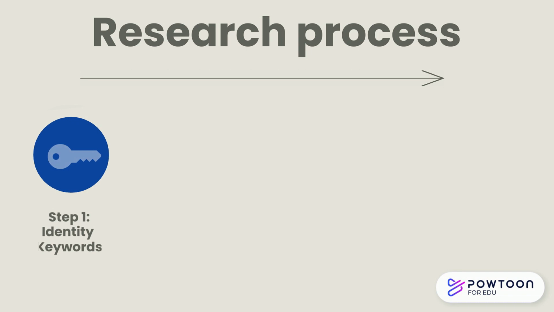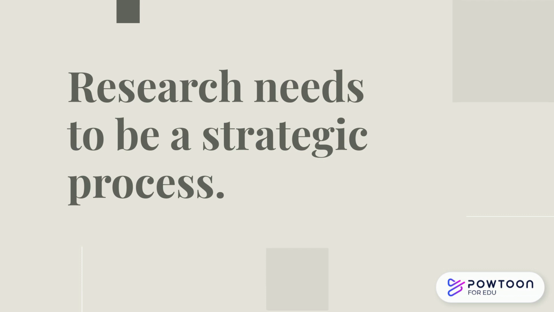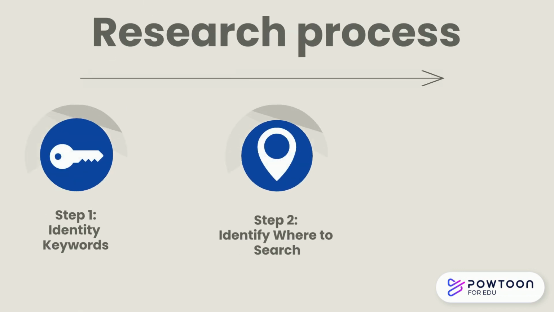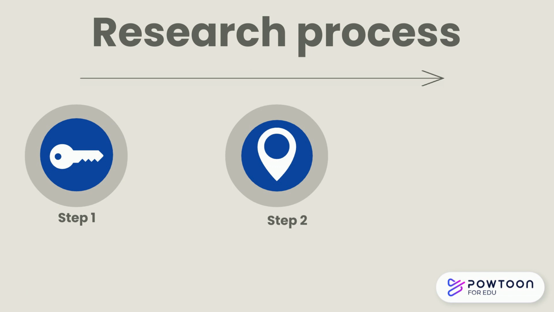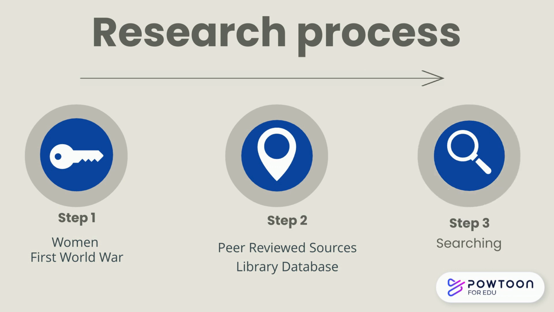Identifying your information needs is an important second step in the research process, as this will allow you to choose the right searching tools to find the information you need. By starting from the very beginning, using the right tools, you will find locating sources easier and more efficient. We have now completed the first two steps in the research process. We narrowed our research question down to the keywords women and First World War. We also identified our information needs, peer-reviewed sources, and selected library databases as the best search tool. In the next video, we will cover how to use keywords and databases to locate relevant